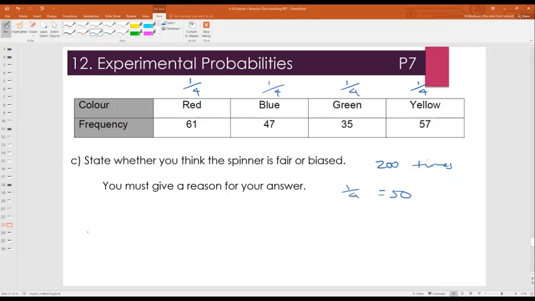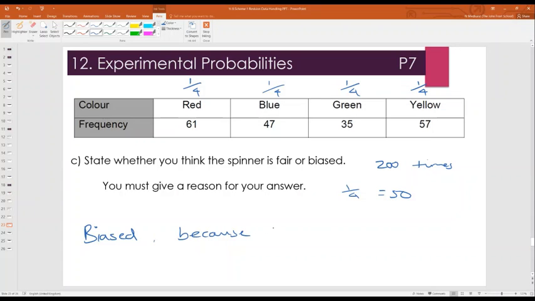So I would say for this one that the spinner is biased. Okay, and simply what you could say is, looking at this data, there's either more chance that it lands on red than any other, or there's less chance that it lands on green than any other. Okay, so either of those two things would be fine, really, as your reason. So I'm going to say that it's biased because these are too far away from 50, in my opinion. Okay, so I would say biased